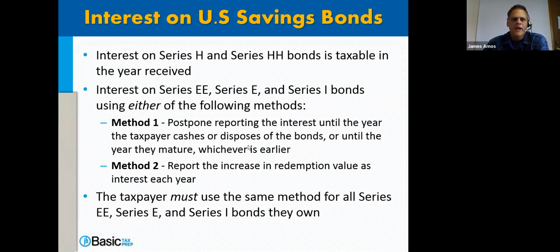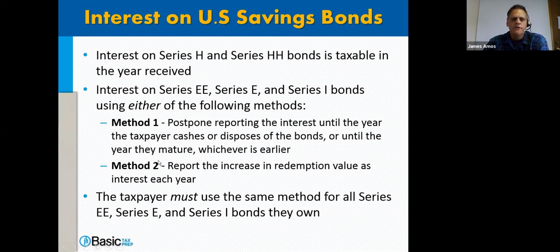Now, when you actually report it is a different matter. Interest received on the H bonds, the two different kinds of H bonds, is taxable in the year received. So when you actually get the H bonds, you actually cash it in. That's when you're going to pay and report the interest. The E bonds and I bonds, what we call the vowel bonds, you can use one of two methods. You can either hold off and report all the interest when you sell the bonds all at once, or the year it matures,